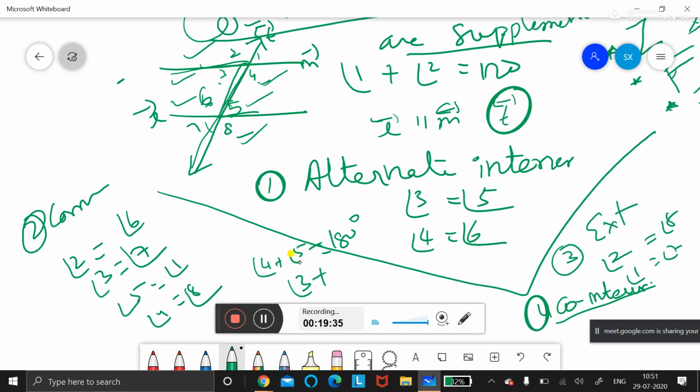7 and 8? No, 3 plus 6. Co-interior angles are supplementary. Okay, 3 and 6. Linear pairs are 7 and 8, 6 and 5, 3 and 4. That you have studied in 6th standard. The 7th standard portion you should learn, and now you are in 8th standard, so give the standard answer.